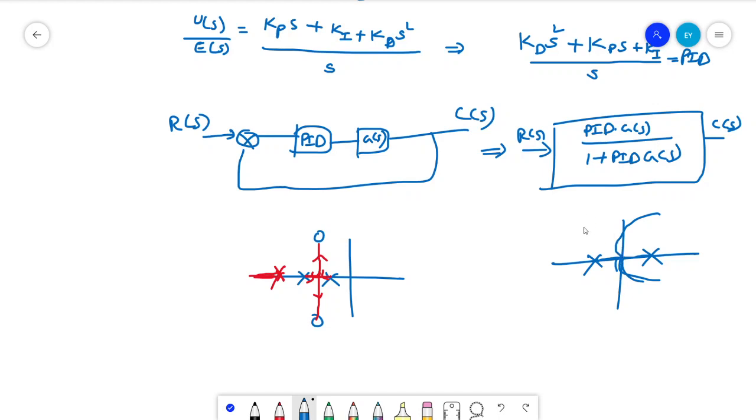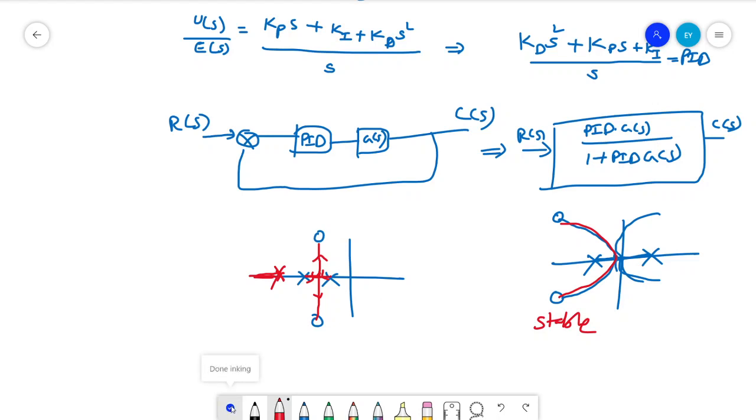So if you are adding an extra zero, by manipulating KP and KD such that you get a zero here, what happens? Your locus will start somewhere here, it should have the breakaway point, and it should definitely end at the zero only. That time you may get a response with the locus in this way. That means you are trying to pull this towards the left half of the S plane, such that your closed loop transfer function becomes a stable system. Okay, so we'll check how it actually behaves with respect to the plants.